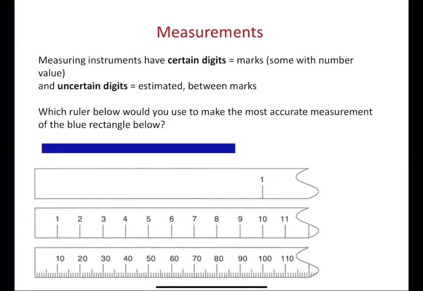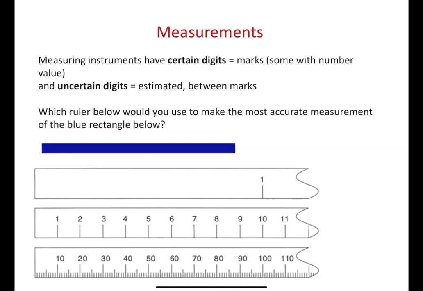When you are measuring something, you're typically using a measuring instrument. You're going to use a ruler to measure length, dimensions of length and width and height. You're going to use a beaker and a graduated cylinder to measure liquid volumes. And you would typically use a thermometer to measure temperature. So those are all measuring instruments. What they all have in common, not just that they're used to measure, but they also have in common